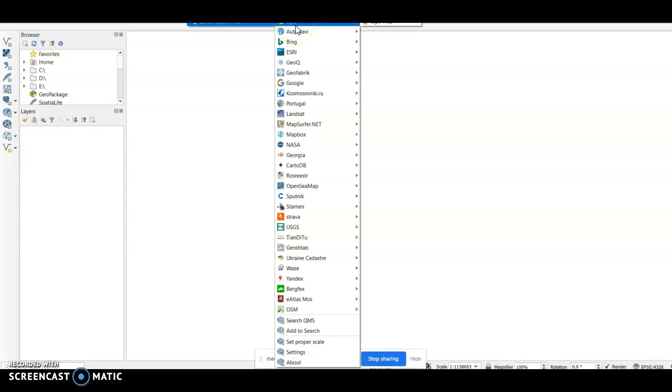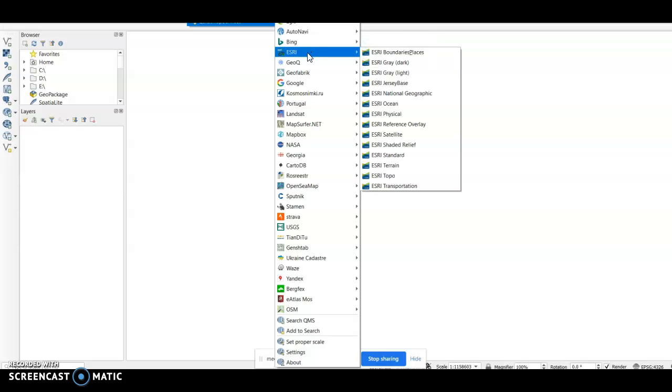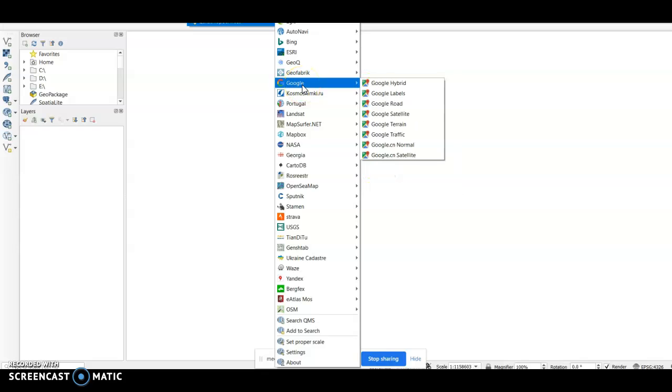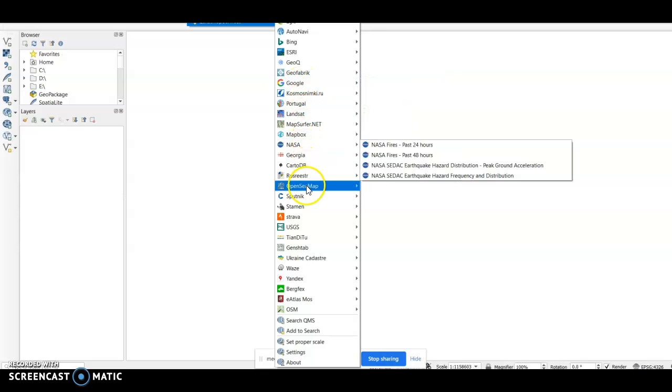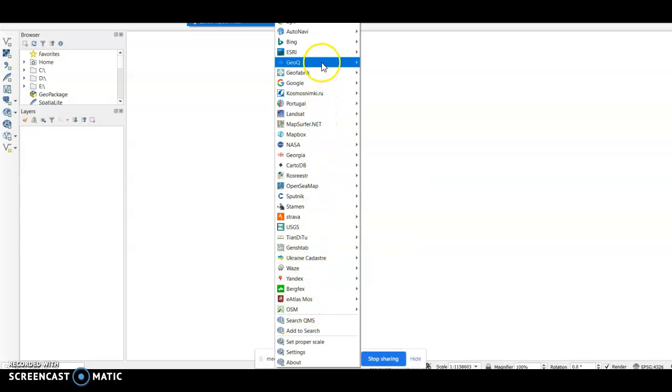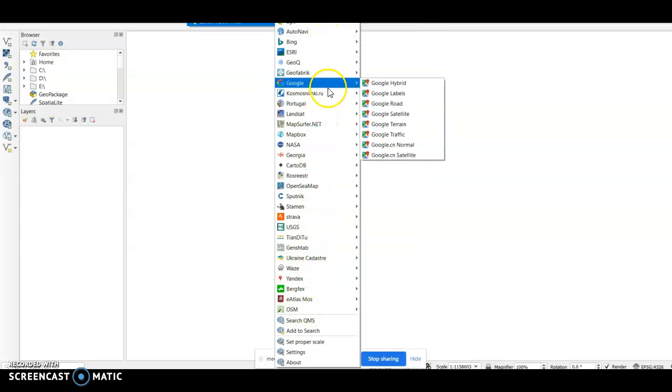So basically Quick Map Services provides maps that are generated by different agencies. I'll quickly show you all the maps given by different companies. For example, you know Bing. Bing is the maps which are given by Microsoft. Then this is ESRI. This is another agency which will give you data related to maps. Then we know popularly Google. Then there are others, for example NASA. So all these different companies will give you different sets of data or maps.